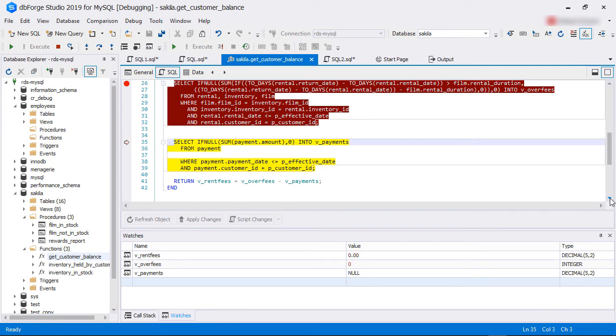In Debug Layout, watches and call stack windows are also available. Both layouts preserve their state when starting or stopping debugging or exiting the application.